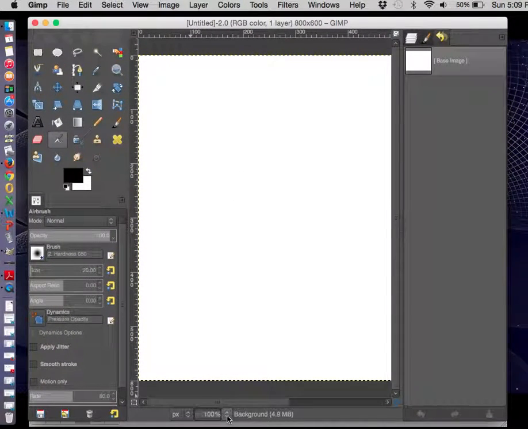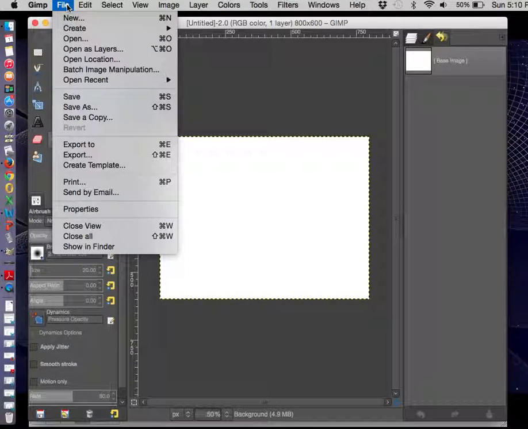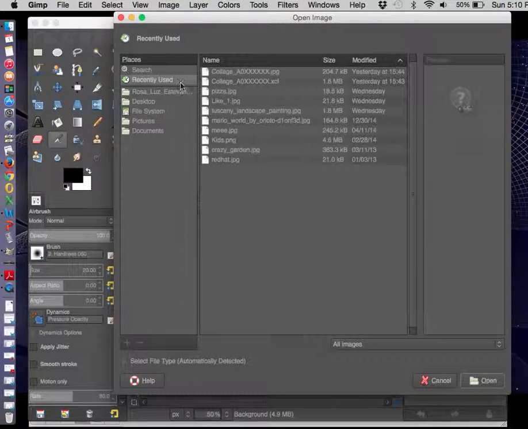Okay, so we're going to work in this area. This is the file for our collage, okay? And at this moment, we're going to open all the 5 pictures that we're going to use in this composition,